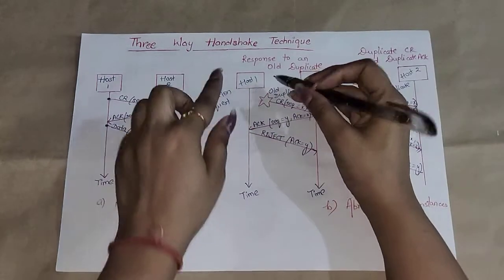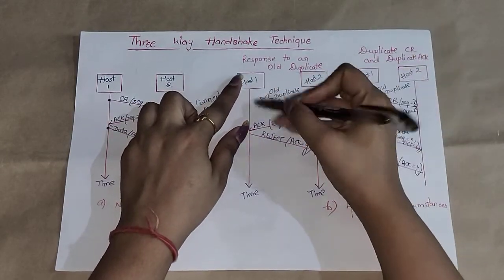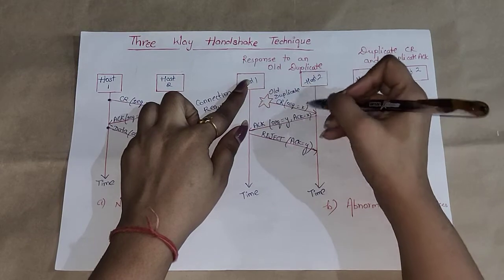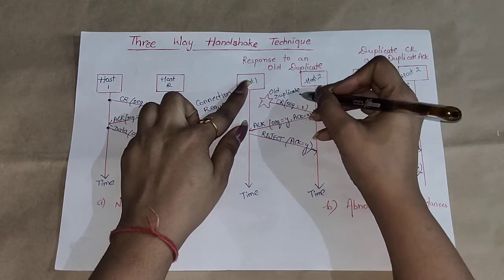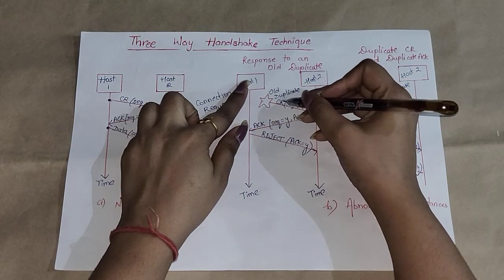See, there is a host 1, host 2. Host 1 has not transmitted anything, but host 2 is receiving an old duplicate packet with connection request sequence equal to x. That means host 2